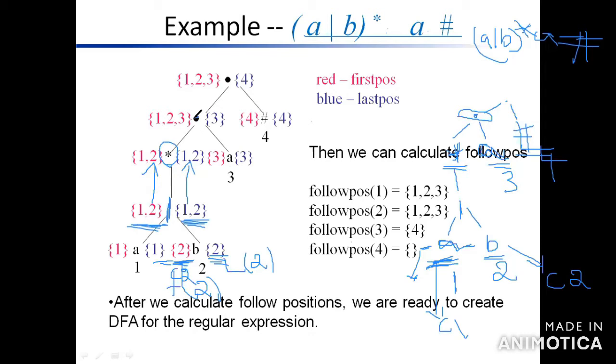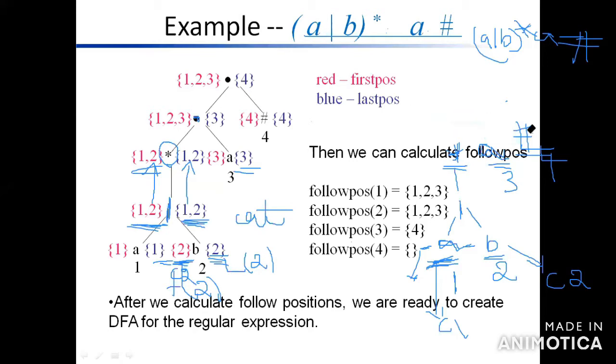Next, this is for dot. Dot is nothing but the cat node I mentioned previously. The cat node has two cases. If the node is nullable, you merge the first position of C1 and C2 values, and likewise merge the last position of C1 and the last position of C2. If the node is not nullable, for the first position you write the first position of C1 value, and for the last position you write the last position of C2 value. It's correct.